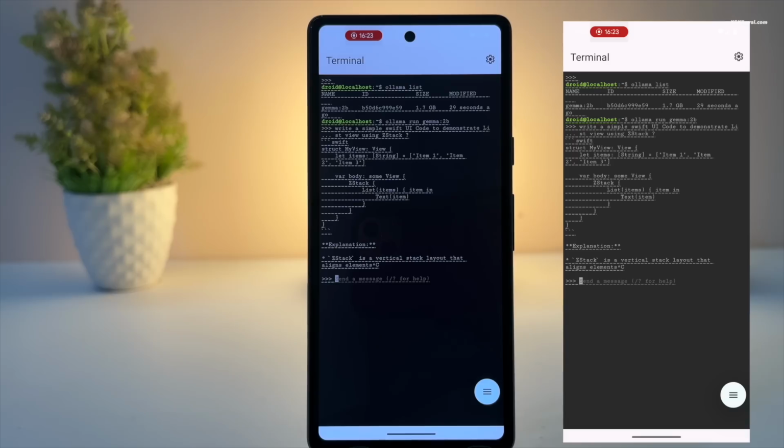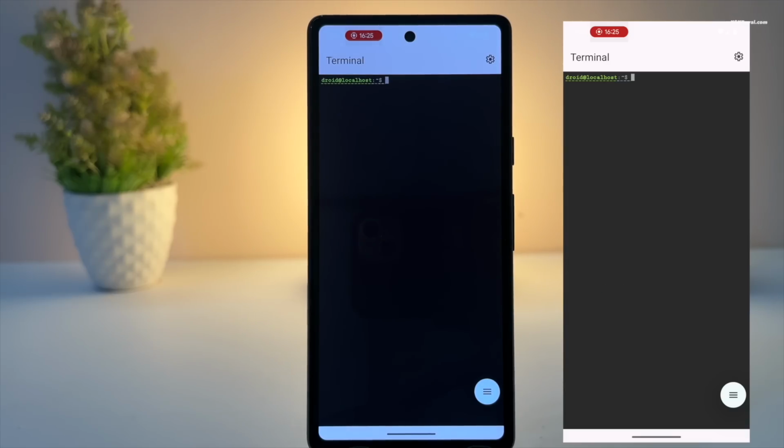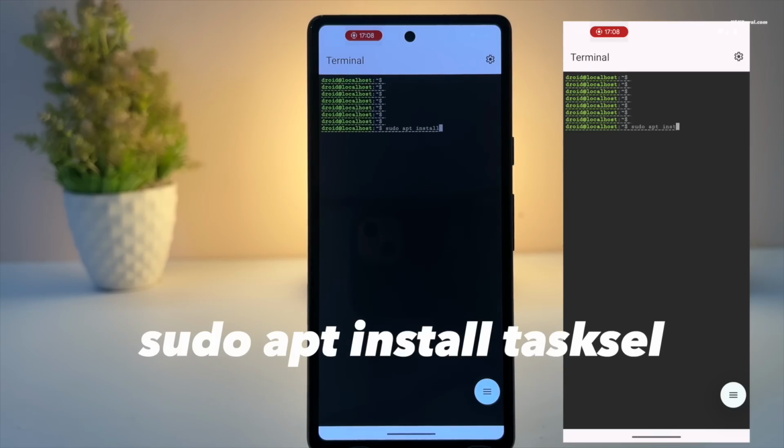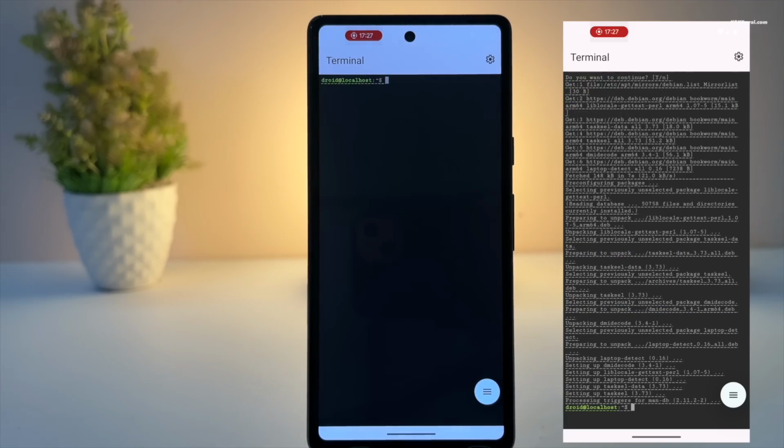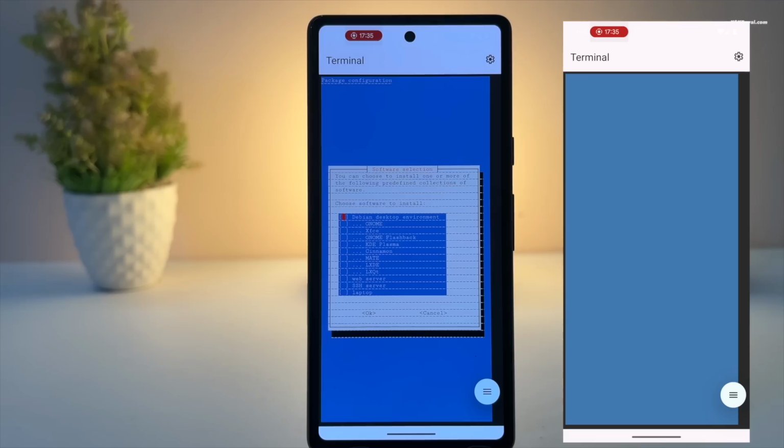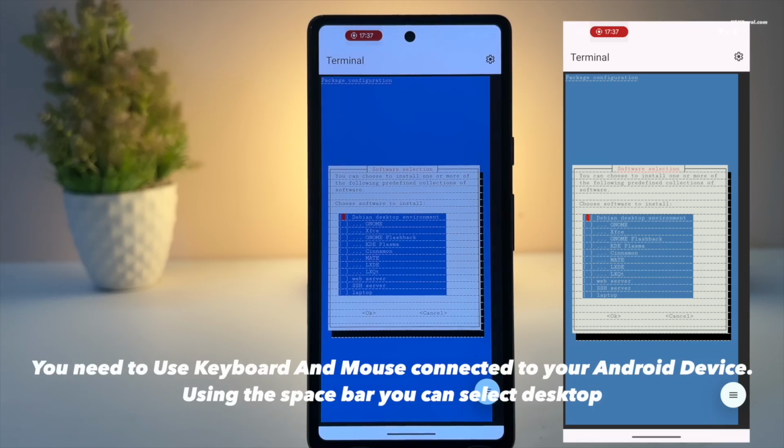Next, I will show you how to set up the GNOME desktop environment and configure a VNC server. First, install Tasksel by running this command. Then use Tasksel to select and install a desktop environment such as GNOME, KDE, or XFCE.